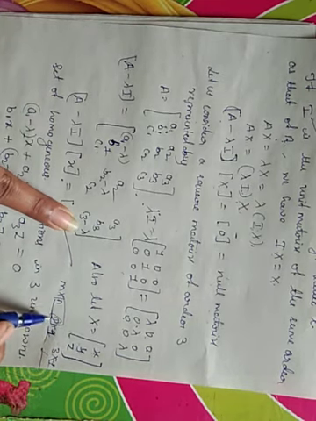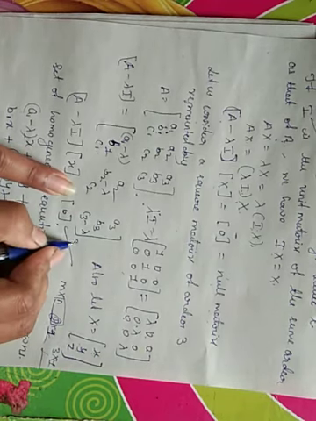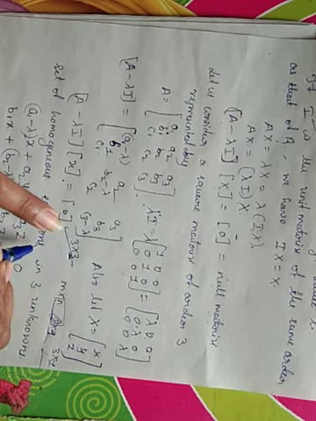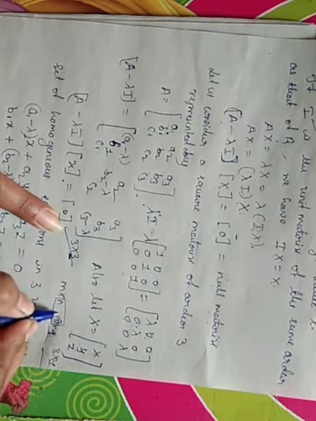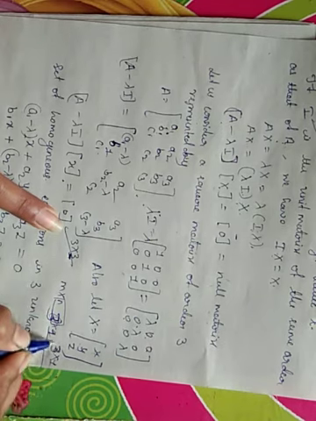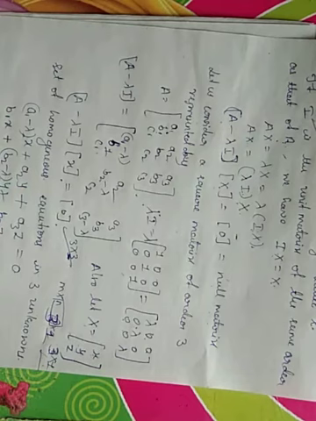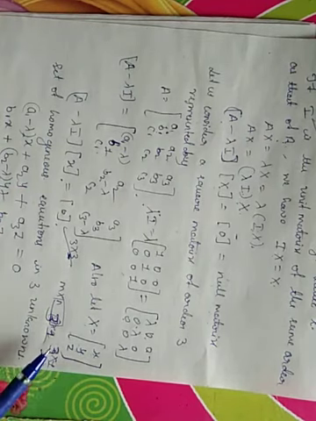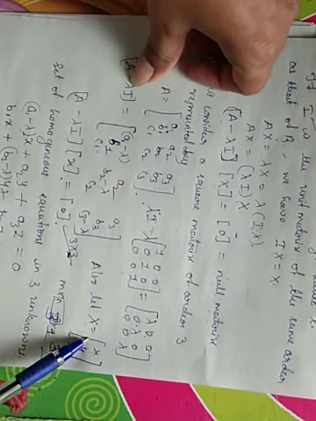Now we have to choose P. When you want to choose P, take A minus lambda I, which is of the order 3 cross 3. So N should be equal to P. N equal to P means if it is 3 here, then here also it is 3, meaning our matrix X should be of the order 3 cross 1, so that our unknowns are taken as X, Y, Z. So take the multiplication of (A minus lambda I) into X.